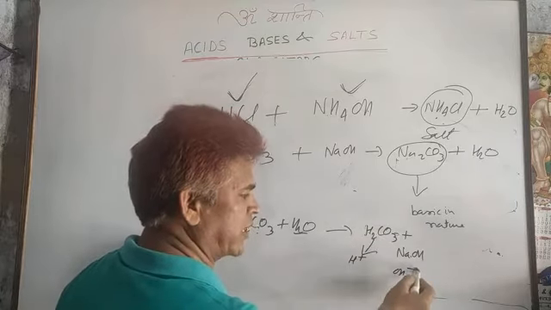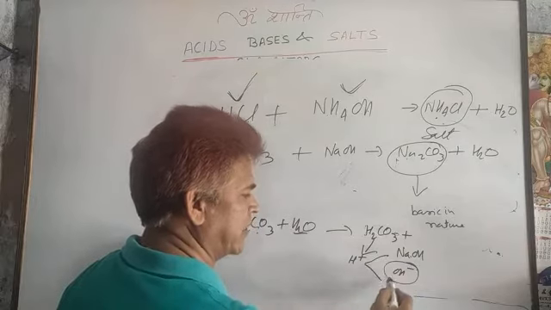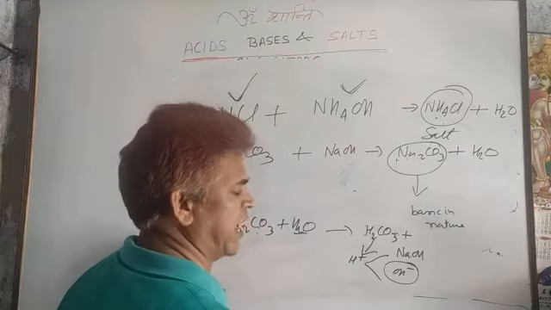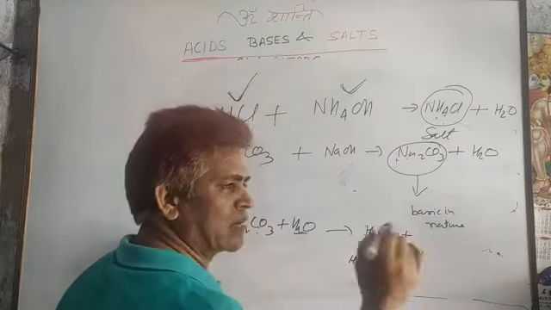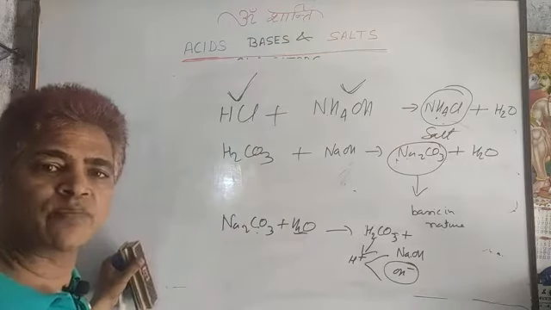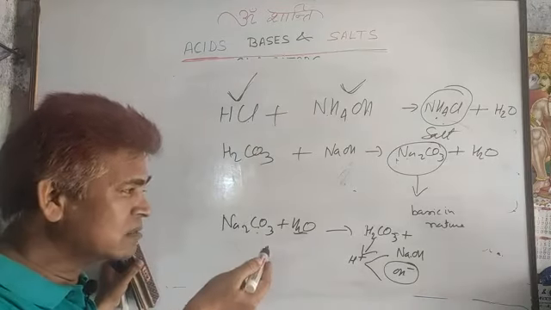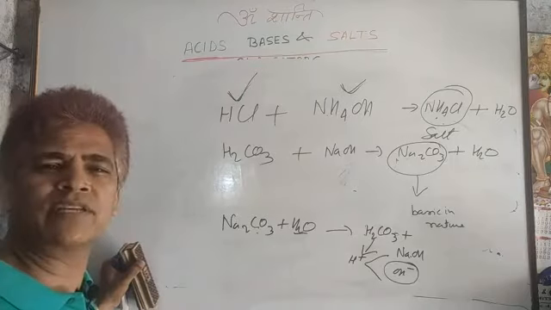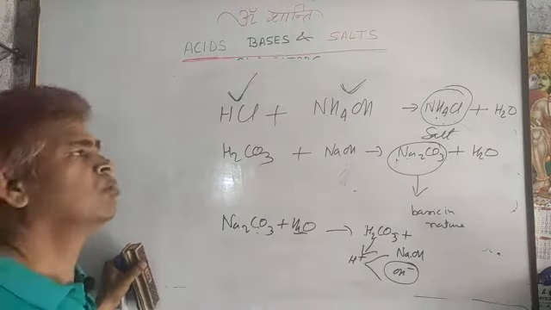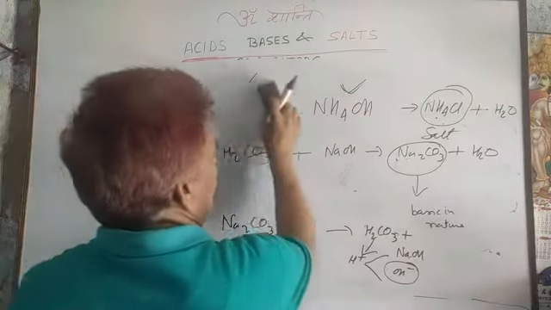So, in that solution the number of hydroxyl ions is greater than the H plus. So, what happens in that solution? Extra OH minus is present. That is why that salt comes under the basic in nature. So, finally, the salt